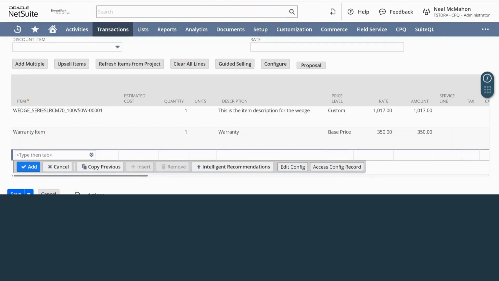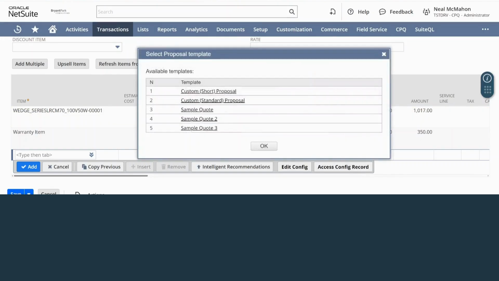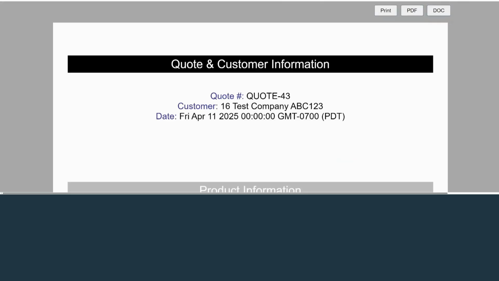After I've saved the transaction and come back in edit mode, I can open proposals, proposal generator as we call it, or prop gen for short. We can set up different templates, and these could be PDFs, Word documents, however you want to save them or send them. Basically the proposal that we're sending out to our clients or opportunities. For this, we have a short one-pager, 1 to 3 page sample quote 3, we're going to say. We're going to open that up, and you can see it's a very straightforward